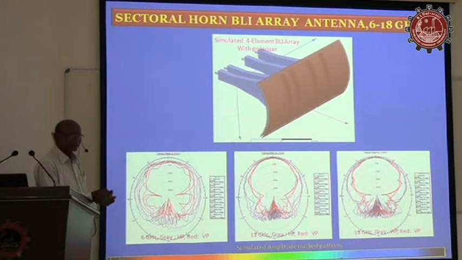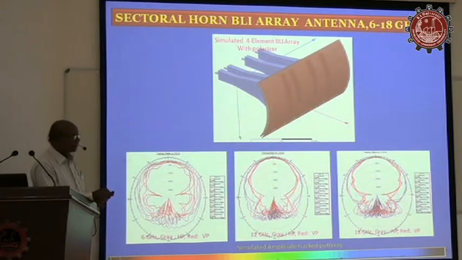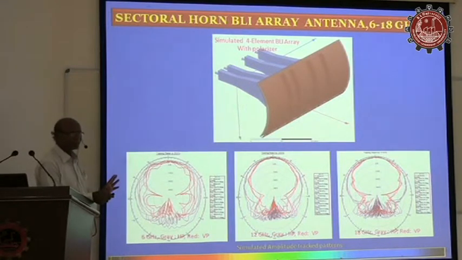Then they quoted, sir, and the price is exorbitant: 23 lakhs for one array, plus $150,000 as NRE. That is almost 1 crore. Whereas we developed this antenna, proved everything and gave it to the production agency, and they are supplying it for 4 lakhs, sir. That is the difference between what we import and what we develop and work on with our own hands. That gives a lot of confidence, sir, that we can meet any challenge in meeting the system requirements.